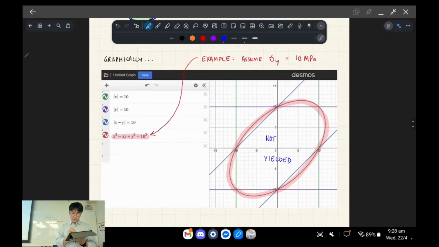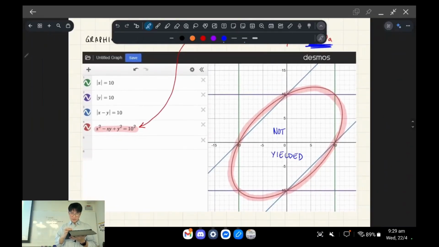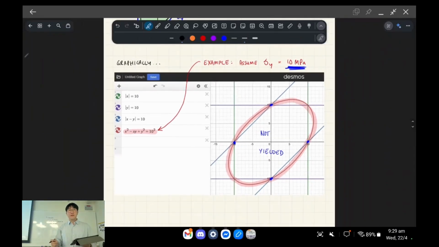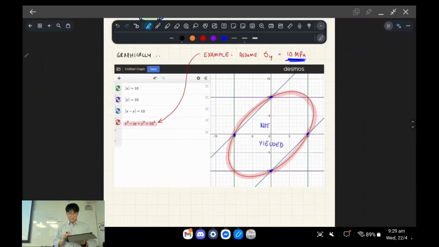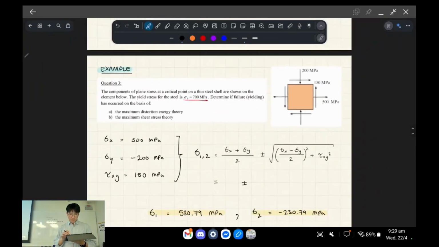And your yield strength is going to be plugged in on the right-hand side, and you square it. And when you do this on Desmos, it perfectly aligns with these 4 points. So I've just given an example of 10, just so it's easy to understand. But obviously, most materials aren't going to have a yield strength of 10. The materials you'll be dealing with would be in the hundreds of MPa. Any questions so far? No. All right. So that's the general idea.